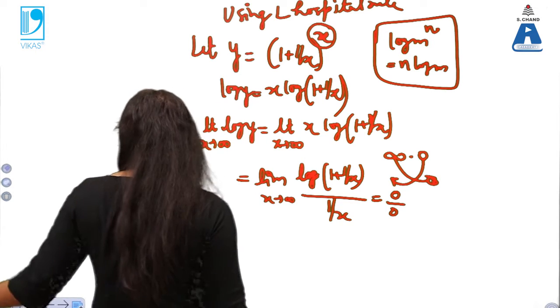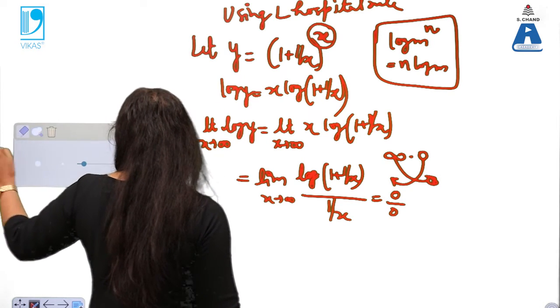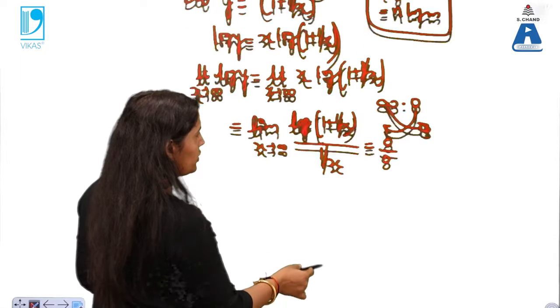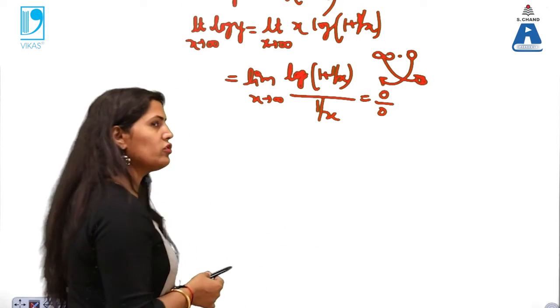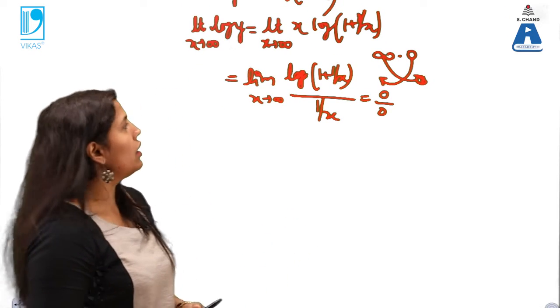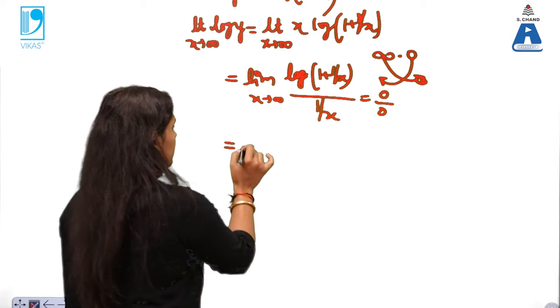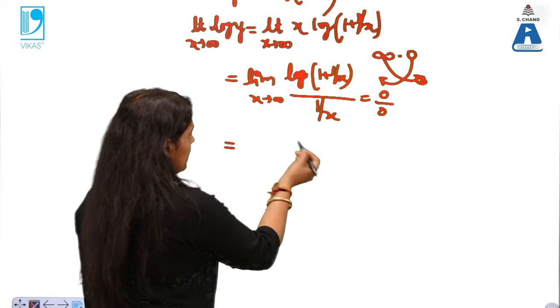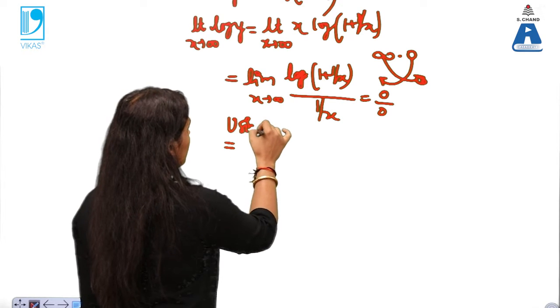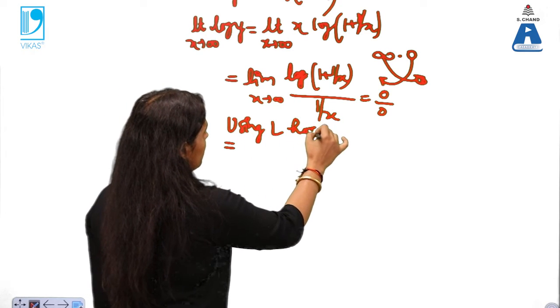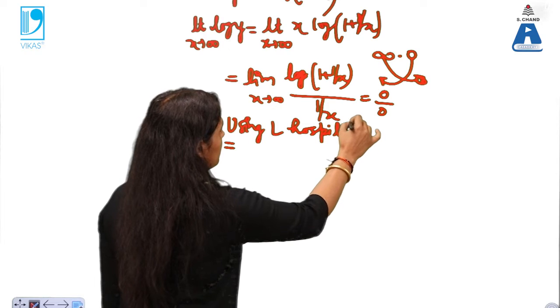So finally we converted the form, and obviously we have to convert, otherwise we cannot solve it. The same question I can do by infinity by infinity, but I am doing it by 0 by 0, to make the calculation easier. Using L'Hospital or L'Hopital rule,